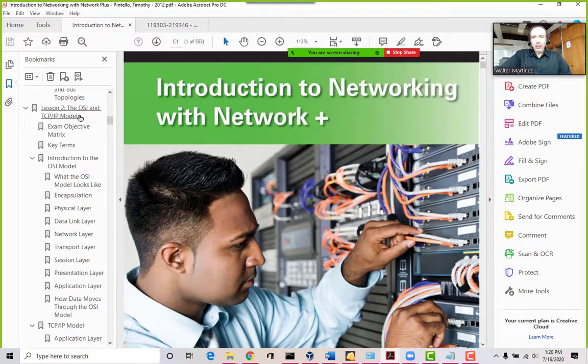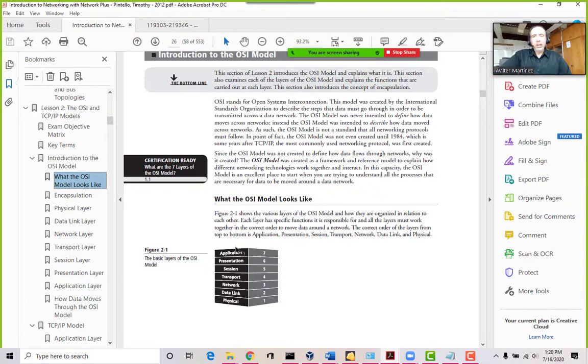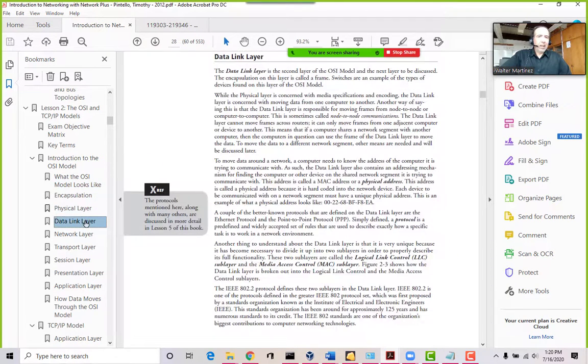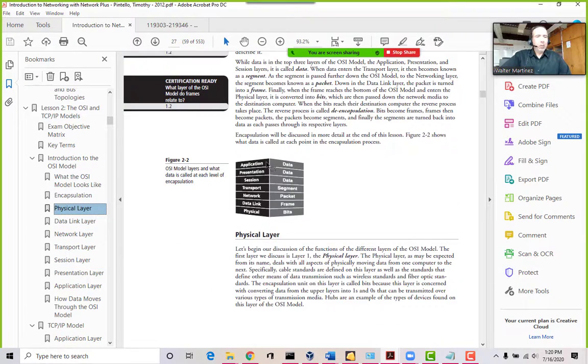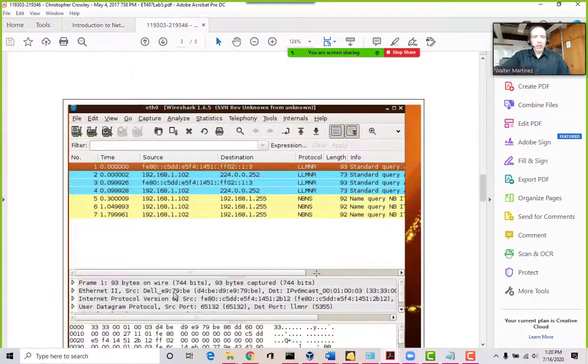In your class, in the lecture, you're going to learn everything about the OSI model, okay? All the different layers that those packets, those bits and bytes, need to pass through in order to communicate from one computer to another. It is fascinating how this works. It is amazing, and hopefully you will enjoy it.